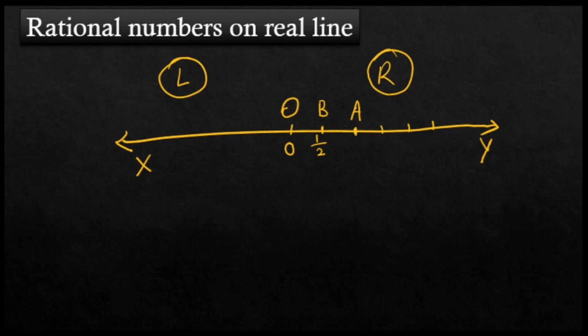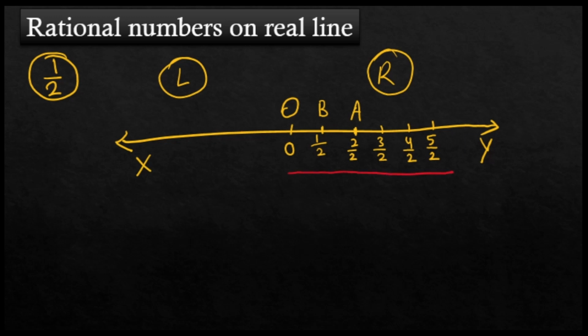Now I am writing this one as 2 by 2, 3 by 2, 4 by 2, 5 by 2. As I have to show rational number 1 by 2 on the number line, so I have to pick rational numbers in such a way that the denominator is 2 in each rational number. Now it is clear that from point O at equal distances,